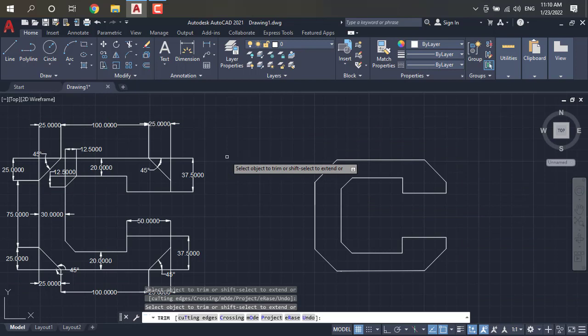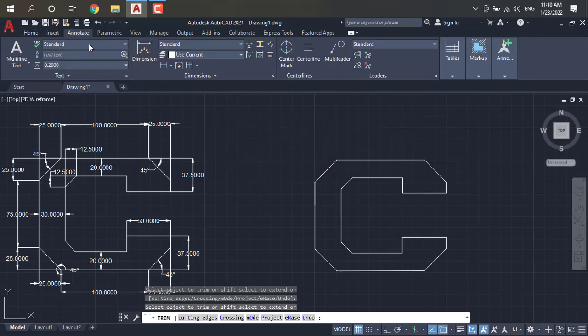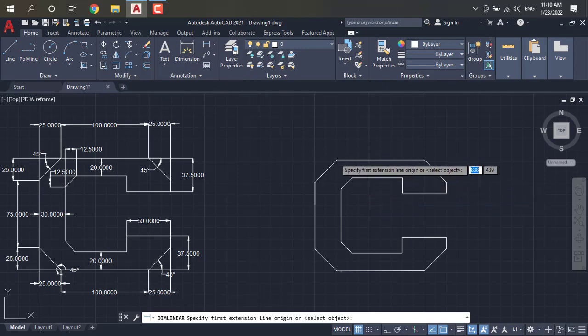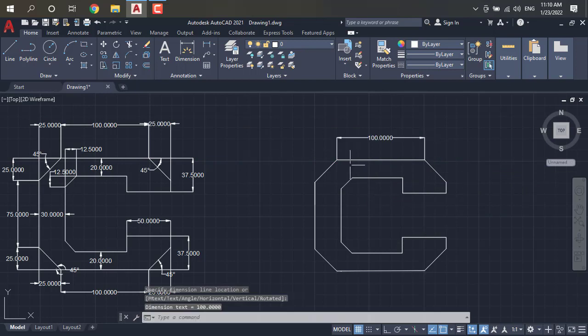Then we have to give the dimensions for this. Okay, then go to annotation. Actually we have to give your dimensions directly here also, but we have to modify if it is very small, but actually I already modified this.